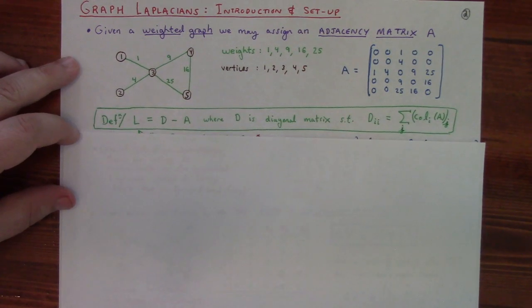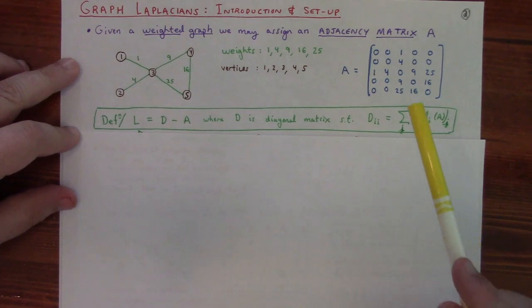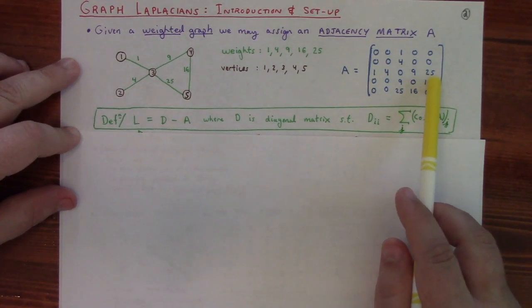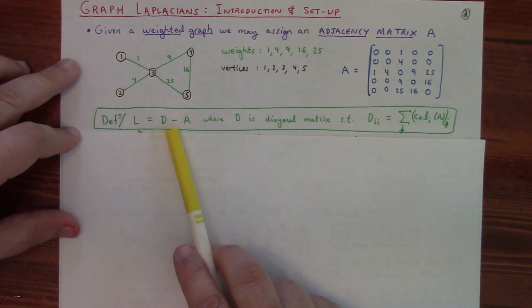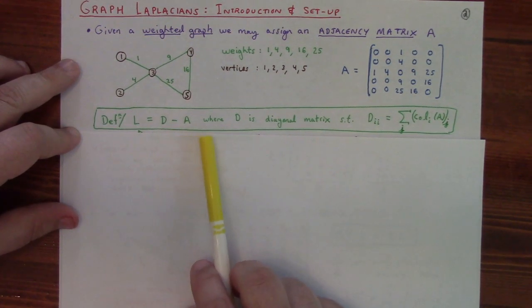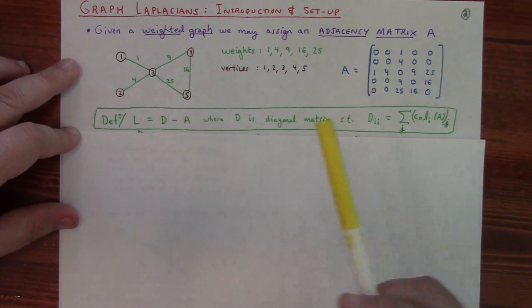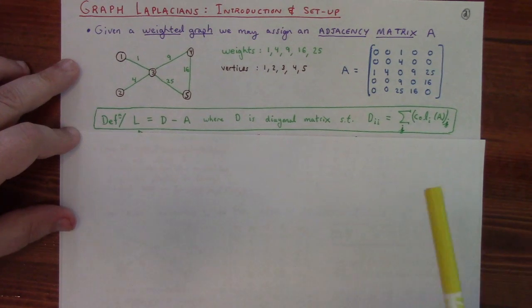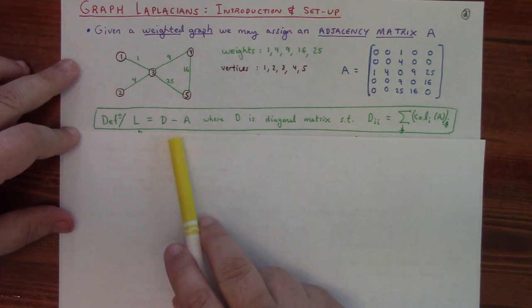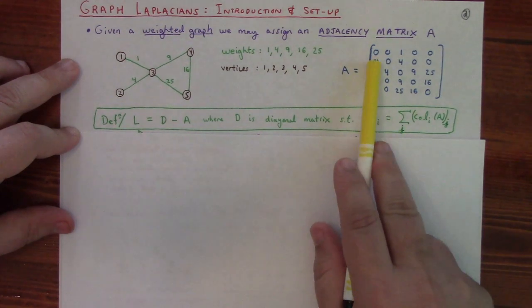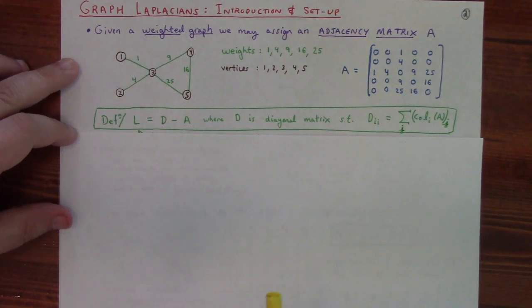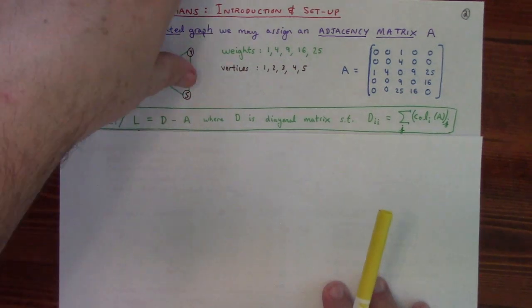All right. Now, so the definition of the graph Laplacian is related to this adjacency matrix. And at the moment, this is totally unmotivated. You're like, what? Why would this be the graph Laplacian? Why do we call it the graph Laplacian? I have not explained that, not even close. But here it is. L is D minus A, where D is a diagonal matrix formed from summing the columns of A. So for my example here, all right,